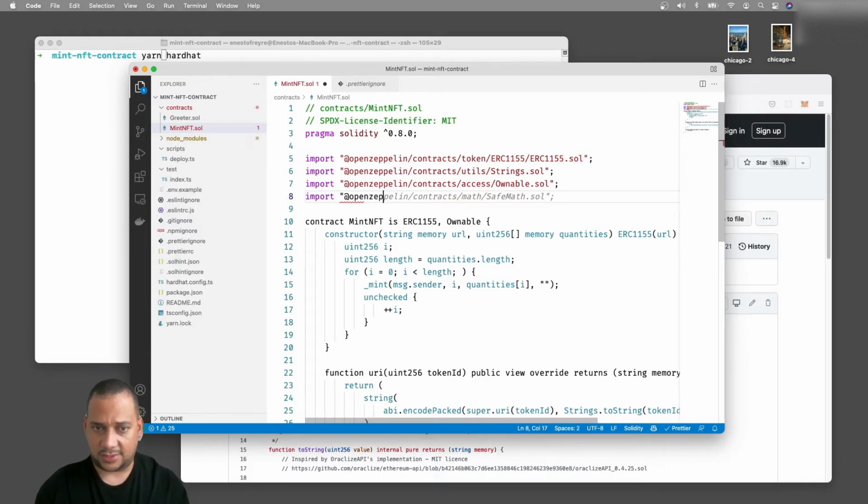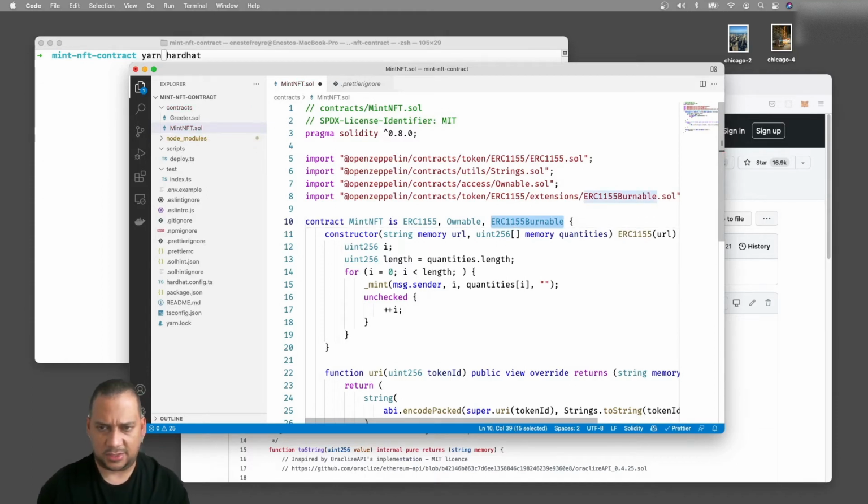You can find that in this OpenZeppelin documentation as well. So this is contracts, this is token, ERC 1155 extensions, and the extension is the ERC 1155 burnable. So we will mark our contract as ERC 1155 burnable as well.